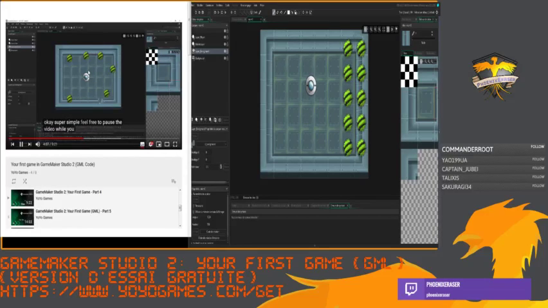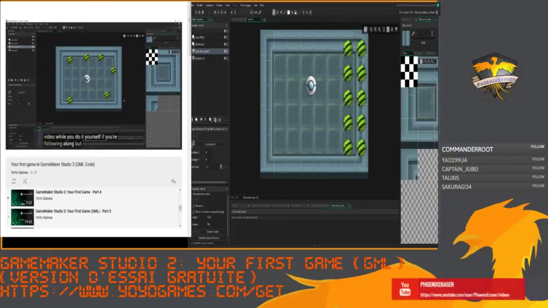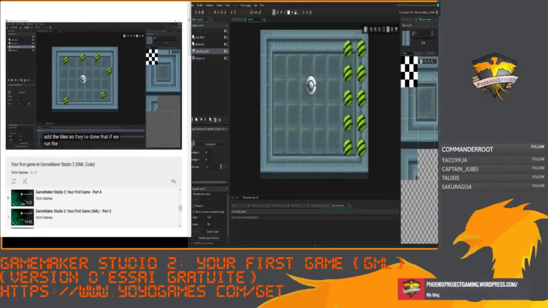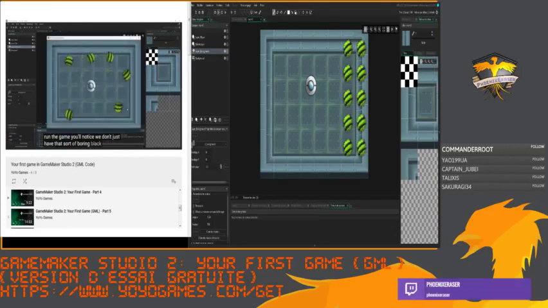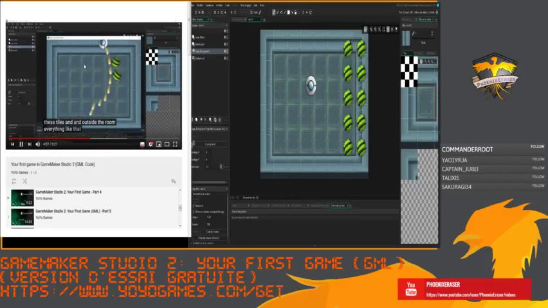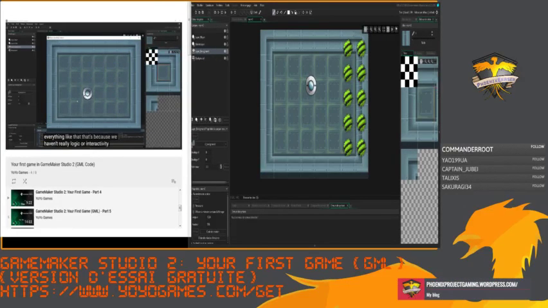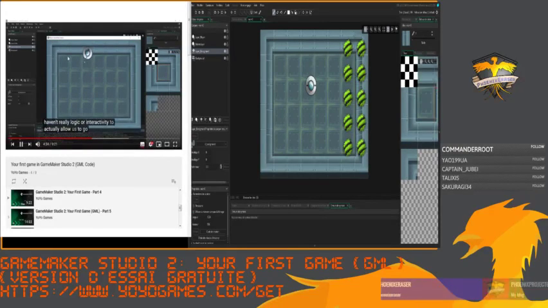to pause the video while you do it yourself. Super simple. But yeah, you literally just click on a thing, drag it around to add the tiles. So now you've done that, if we run the game, you'll notice we don't just have that sort of boring black empty void anymore. We now actually have a bit of an arena to actually fight in. You'll notice I can just walk straight over these tiles and outside the room and everything like that. That's because we haven't written any logic or interactivity to actually allow us to or rather to force the